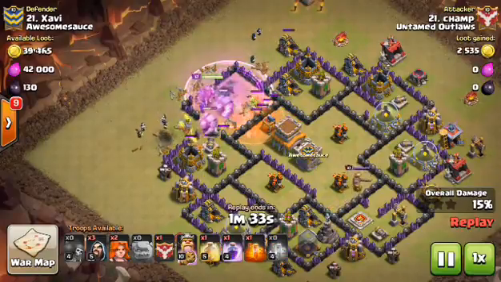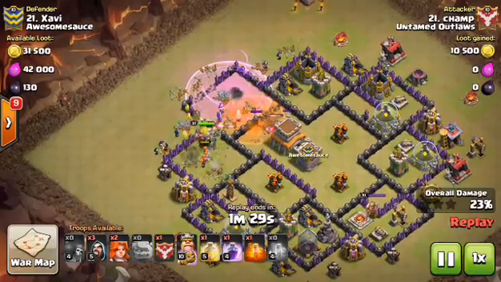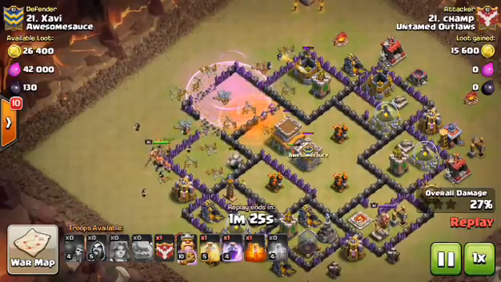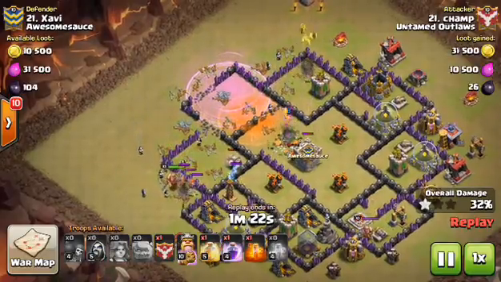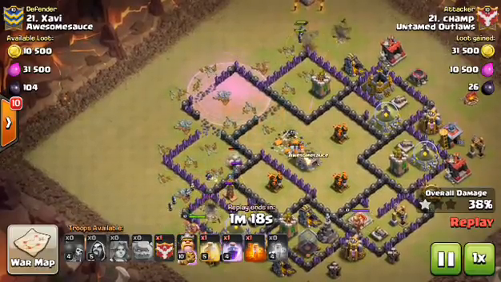Drops the poison down. Not sure why he did the rage right there. There wasn't a whole lot of use for it, but I think that this is... Champ isn't real familiar with this attack. I believe that he's mostly been using dragons. I could be speaking incorrectly, so if I am, sorry, Champ, but...